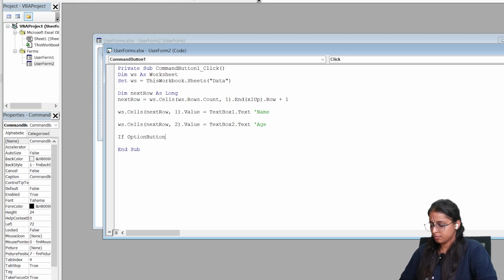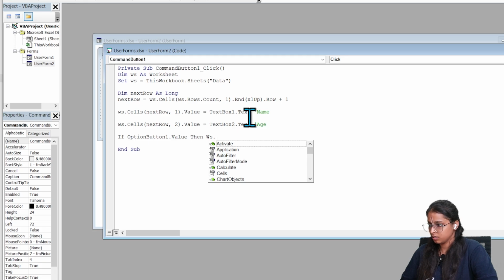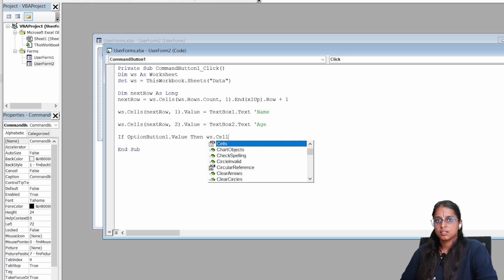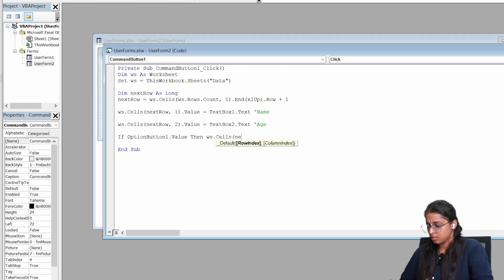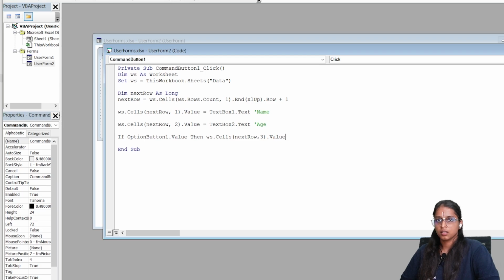If option button 1 dot value, then ws dot cells next row comma 3 dot value will be male.